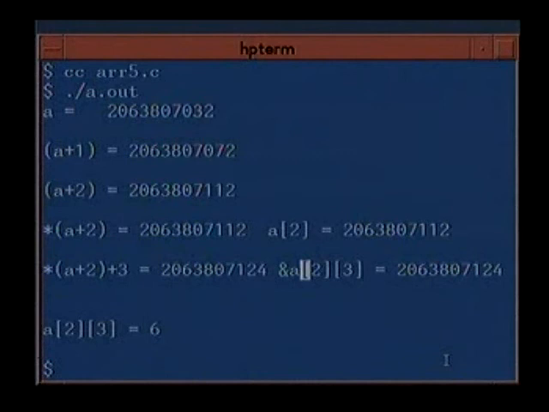All right. Now this one will be content of A plus 2, then plus 3, which will give you the address &A[2][3], which will be 12 bytes after this. 4 into 3, 12 bytes. So you have got 12 bytes after this. And then A[2][3] equal to 6 is fine. You can get the value of the location. Similarly, you have to extend your ideas to 3 dimensions, 4 dimensions, but there is a pattern and a structure in the whole thing.